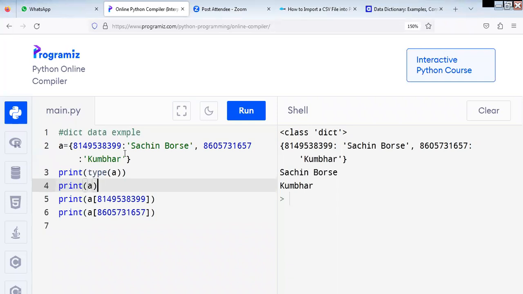Now the meeting will end. And before that, I will show you another type of compiler, which is